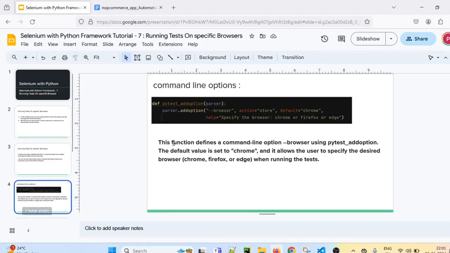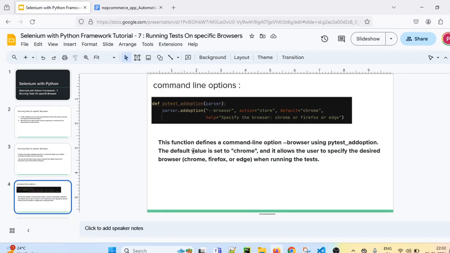So the first step is adding one method, the addoption method. This is the addoption function which we have to add in our conftest.py file first. This function defines a command line option for browser using PyTest addoption.